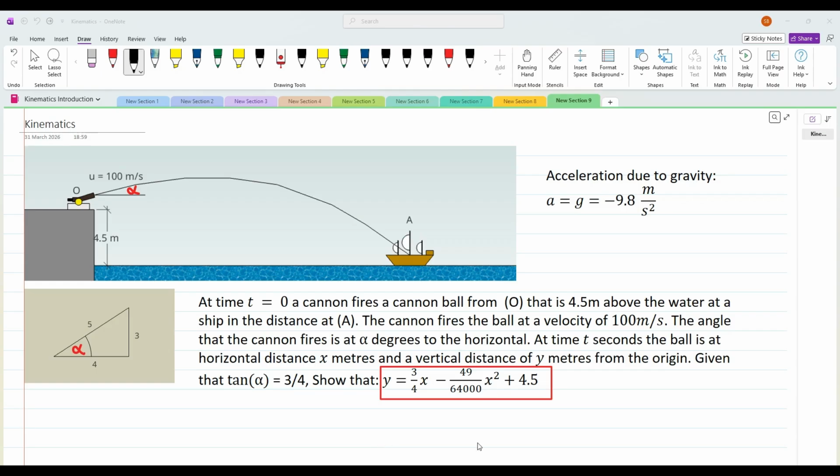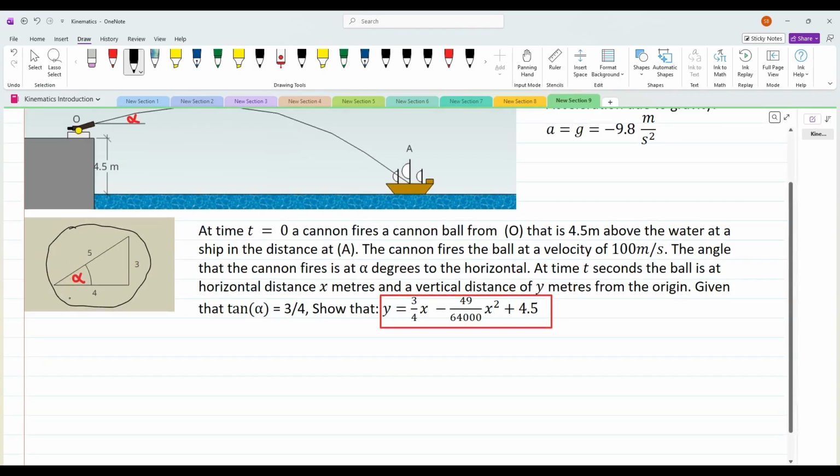We are given a 3, 4, 5 triangle containing alpha, which is here. Because we must break the problem up into horizontal and vertical components, we need to calculate the initial velocity in the horizontal and vertical directions. So, for the horizontal motion, we have u cos alpha equals 100 times cos alpha, which is 4/5, and this equals 80